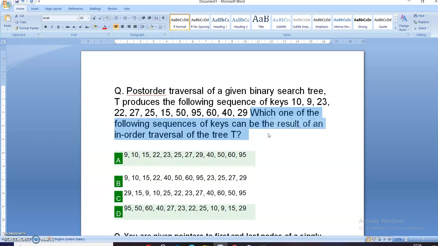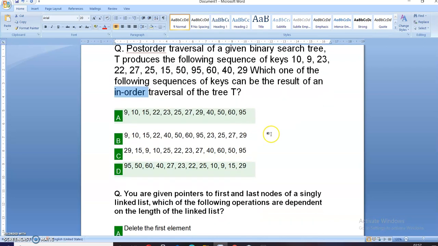Now, as we are given a post-order traversal, we already know that in post-order traversal, the root node will always be at last. So we came to know that 29 is the root node. And in in-order traversal, we all know that the root node occurs in between. So let's check out the options.